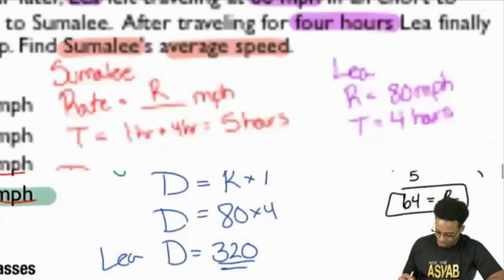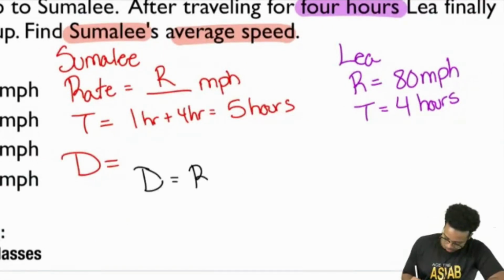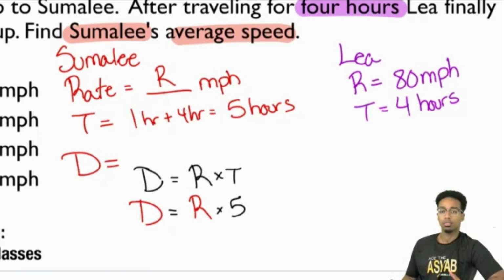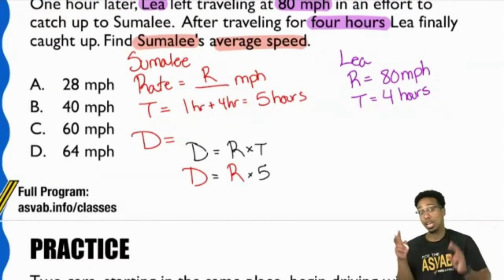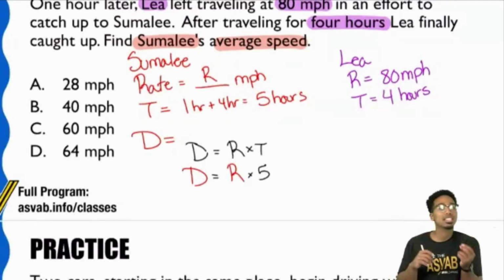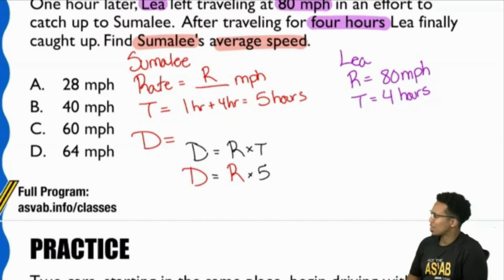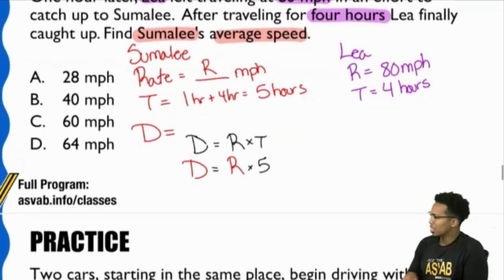You can't set up a distance rate time problem and be like, all right, cool, I'm looking for distance, I'm looking for rate, but I got 5 for the hours. You can't solve that. Right? You cannot solve that. You need only one unknown variable. If you've got 2 of them, like the D and the R, not going to work. And so that's the part of the problem where it feels like I got stuck, but getting stuck really turns into a question. Getting stuck went from, yo, I can't solve this because I don't have the distance, to, but hold up. Can Suma Lee tell me the distance?